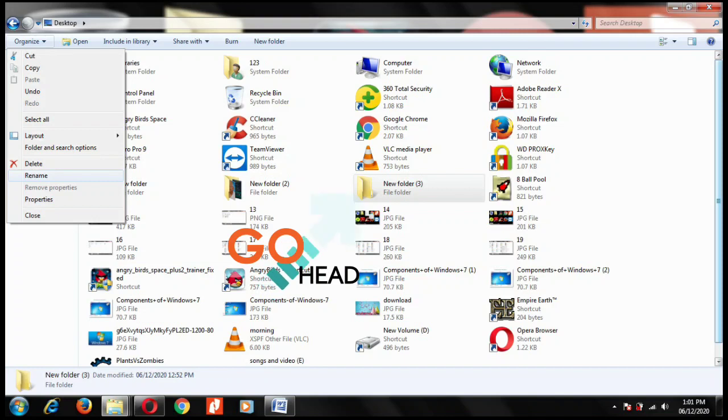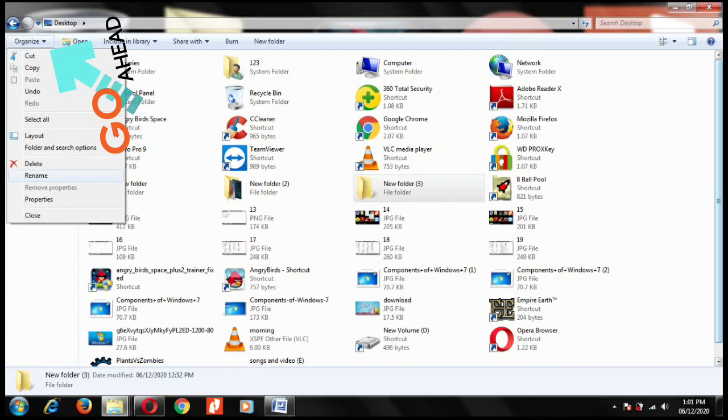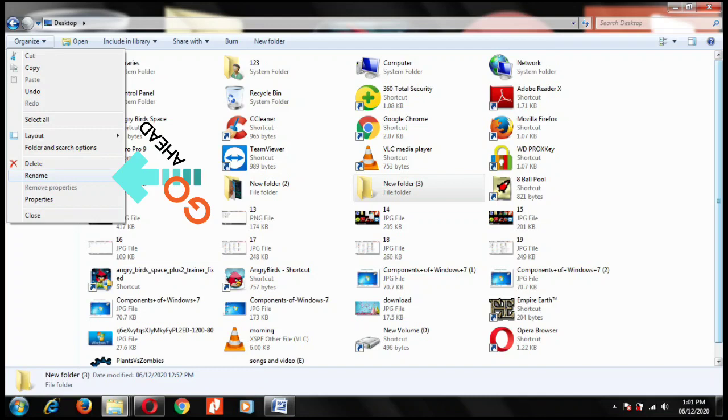To select a file or folder, you have to click on it. Then at the top you can see Organize. Just click on Organize. Then a menu will open. There also you will get the Rename option. You have to type the name for the folder and press the Enter key. So the folder will be renamed.